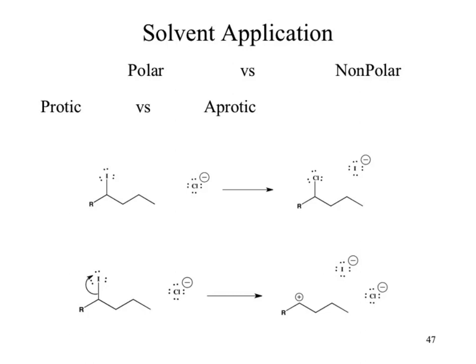Okay, well, which polar solvent do I want? Protic or aprotic? What's the difference? With a proton or without a proton? What was a proton? Positive. It's a positive. Okay, you're like, why are you like cursing me? It's a positive. So the protic has a very high positive. The aprotic